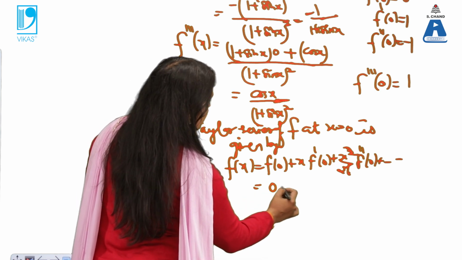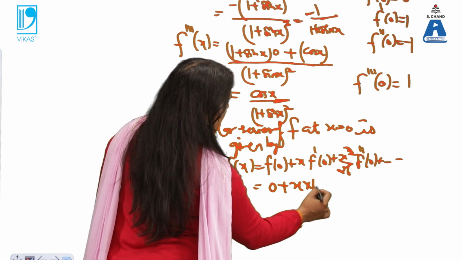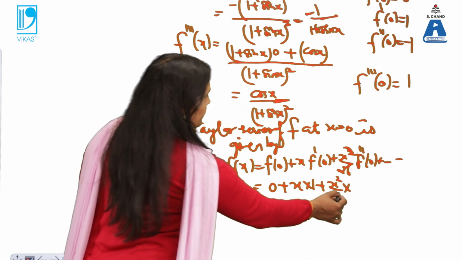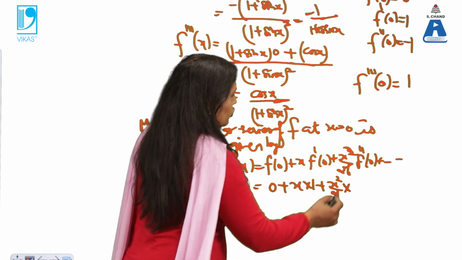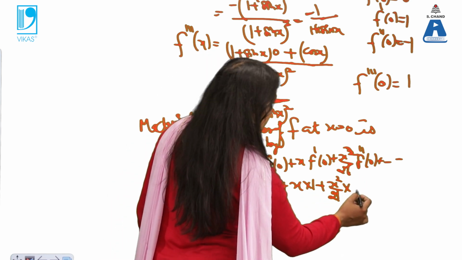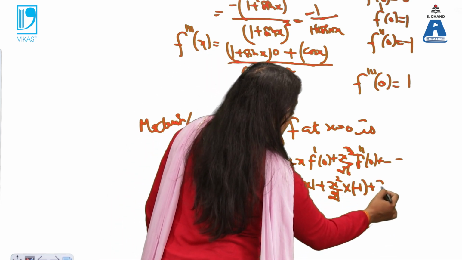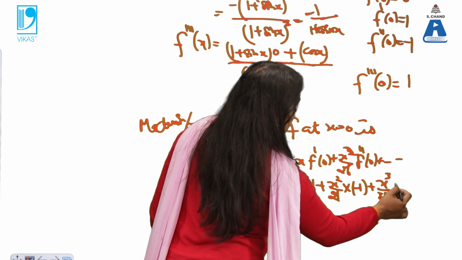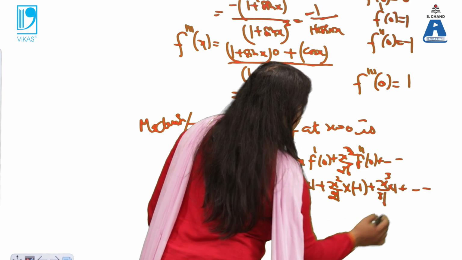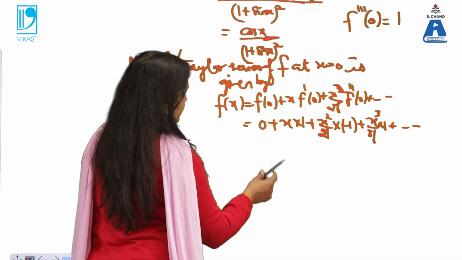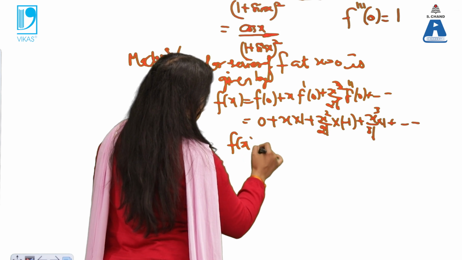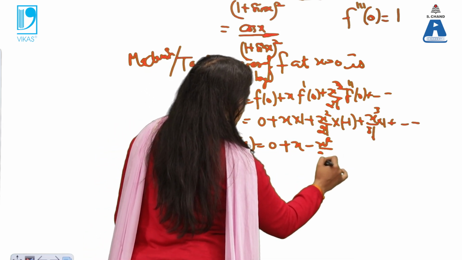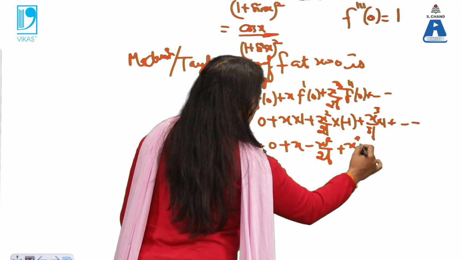So it is 0 plus x into 1 plus x square by 2 factorial into f double dash, which is -1, plus x cube by 3 factorial, f triple dash is 1, and so on. So finally it is f(x) equal to 0 plus x minus x square by 2 factorial plus x cube by